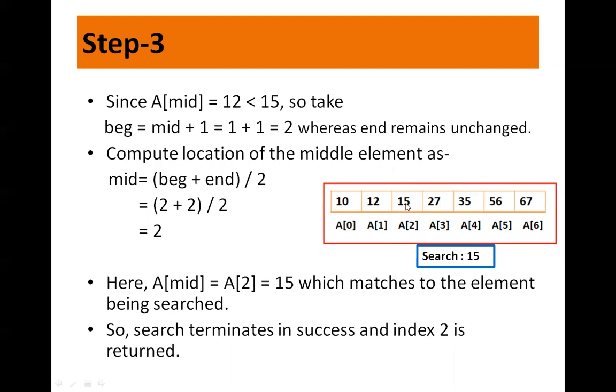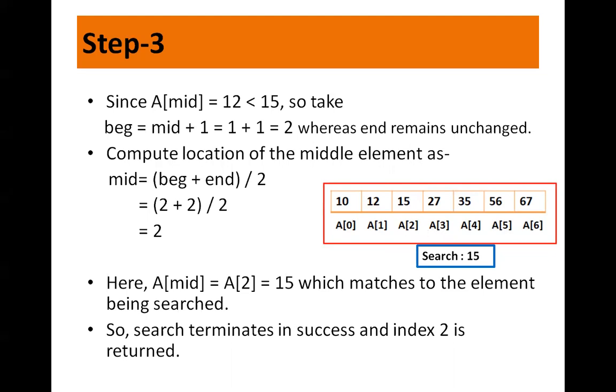So the beginning is 2 and the end is also 2. So 2 plus 2 by 2, again you get 2. So the midpoint is 2, that is A of 2, which is 15 and which matches the element we are searching for. So the search terminates and the index 2 is returned.